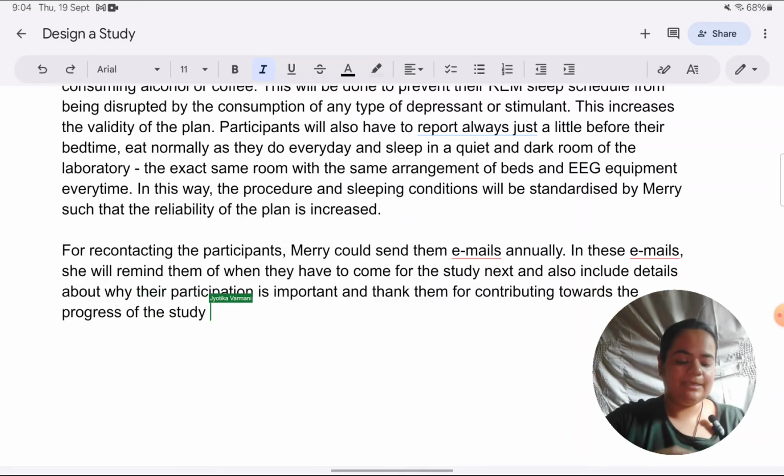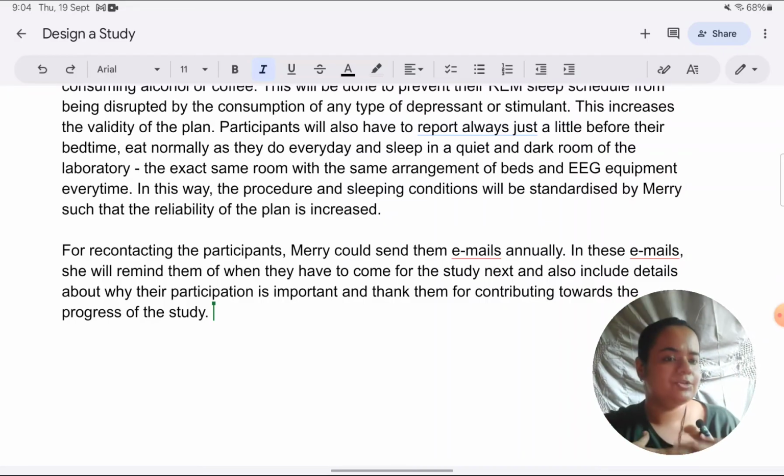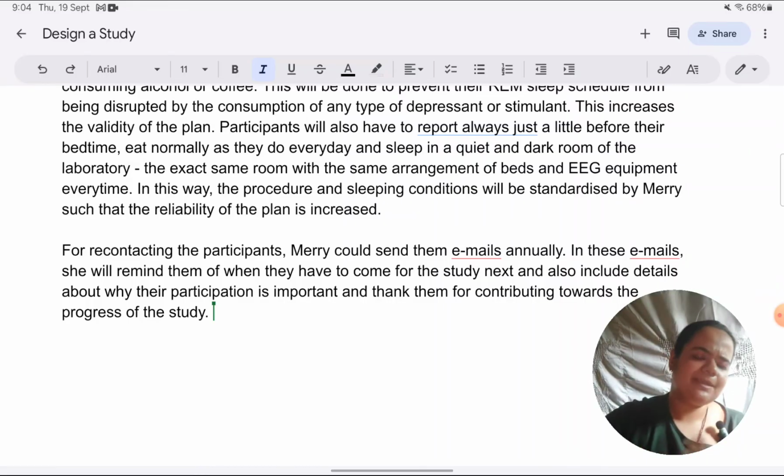So what I'm indicating here is every year she's going to be giving them some emails in which she keeps on reminding them what is the importance of the study. I'm not really getting into what purpose she's specifying and all, because that gets into ethics and we don't need to cover that much also. So she's just reminding them from time to time, so that it's a soft way of keeping them committed towards the study. And also she's thanking them regularly for their participation. She's expressing their gratitude, that is to show them respect and again motivate them to keep coming for the study.